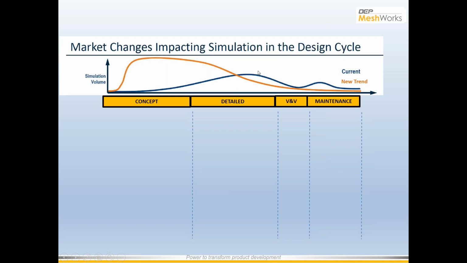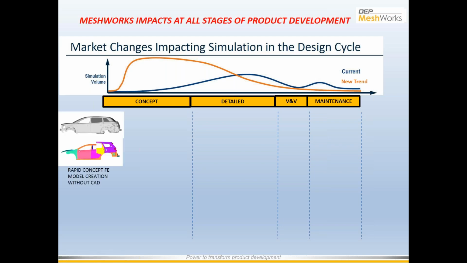All right. So typically CAE was largely used in the detailed engineering phase, but more and more in the last 5 years or so, CAE is being pulled way ahead during the early concept stage of the modeling itself, of the design and development itself. So this is where, if you look at Meshworks,